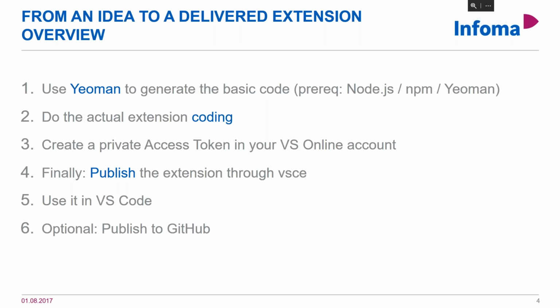What I have planned is the one thing that I've already published on the marketplace. It's a simple extension that allows you to run or publish and run objects in VS Code, because one of the actually quite few things that I liked in C-side was the ability to select an object and then just run it. And that's no longer possible as easily in VS Code. So I decided to try to find out how difficult it would be to rebuild something similar. And actually it was quite simple, as I'll show you.